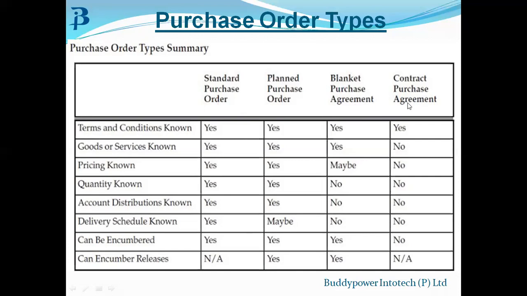But in big organizations, where your business is spread across different countries, they usually go for the blanket purchase agreement or the contract purchase agreement. Okay, so you're clear with this? Blanket purchase agreement, which is done before the purchase. Yeah, correct. You don't know the quantity, or you still have scope for negotiating the prices. You don't know the delivery schedule when you need those products. Okay, you are just doing all this in advance to get a better deal, especially when you have so many business units